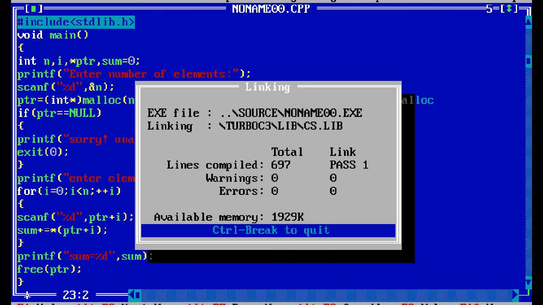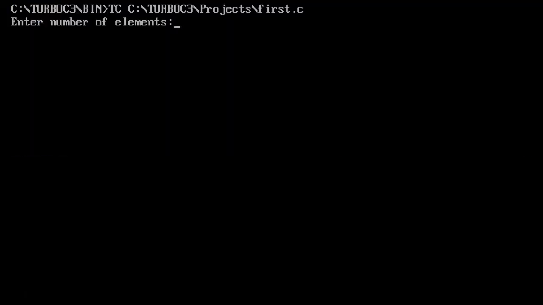So it is asking enter number of elements of array. I am giving size 3. With the malloc function, if you give 10, it will create memory for 10. See, this is runtime. Whatever we are seeing here is runtime.